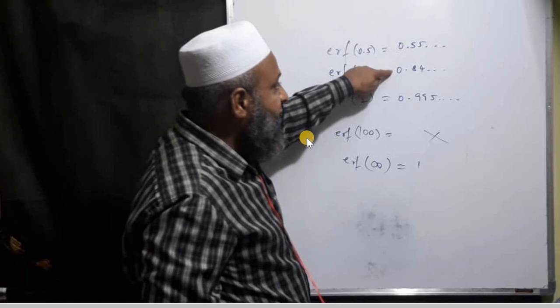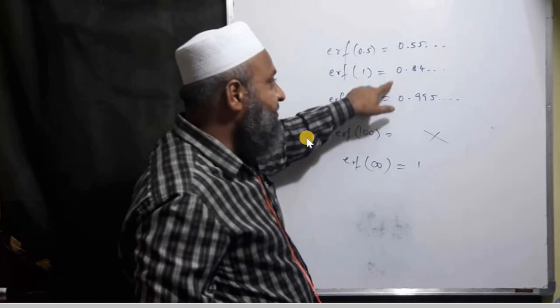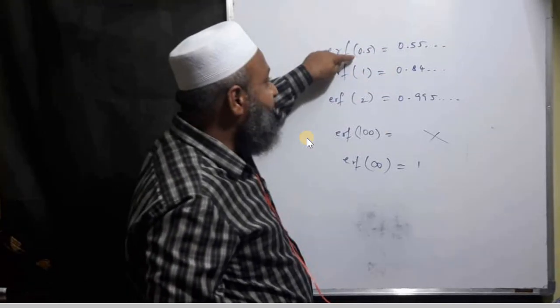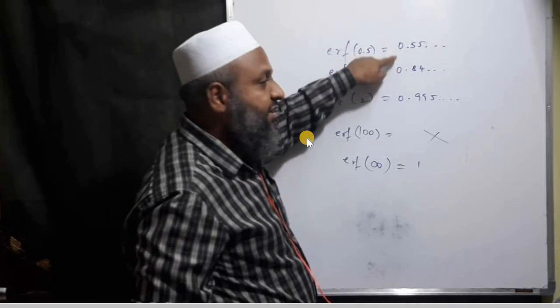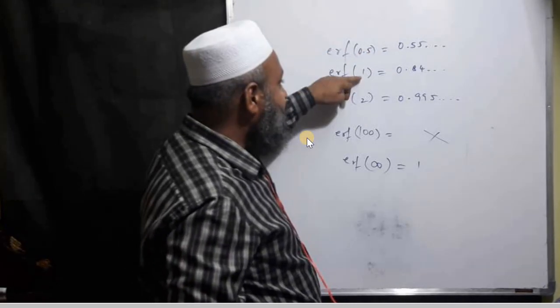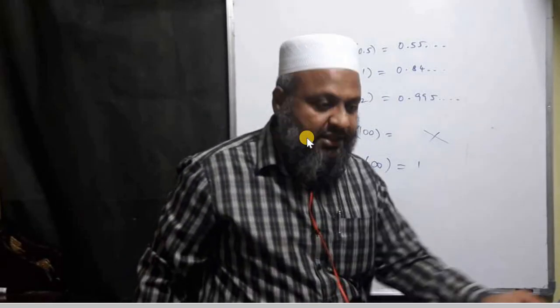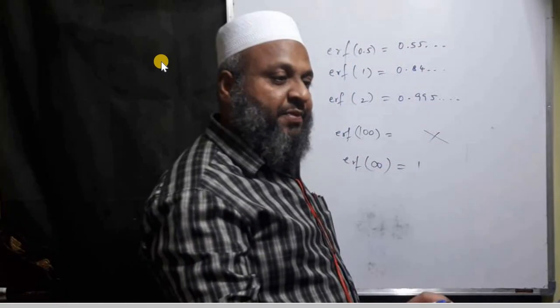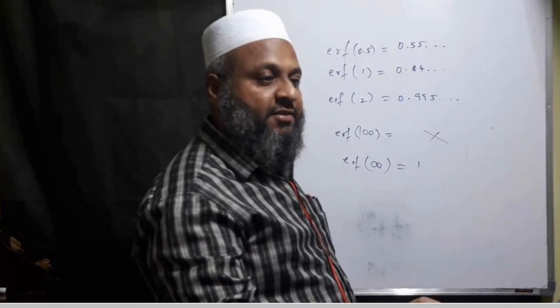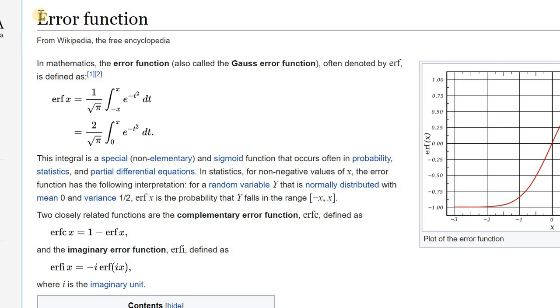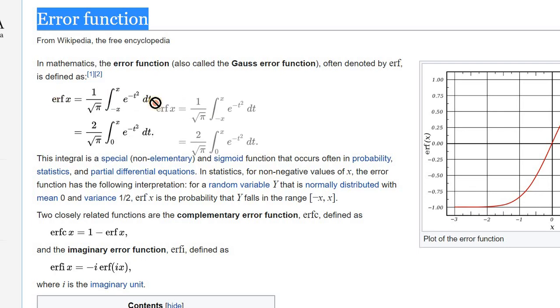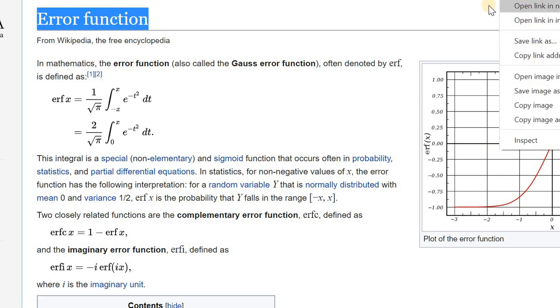So you can see that there is a large difference here, but that much difference you don't see here. For a difference of 0.5, you have a difference of 0.3 here roughly, whereas for a difference of 1 unit here, it is just 0.1 difference. So it's not growing that much. That is why you had better look at this particular graph of the error function. You see in Wikipedia, I am talking about the error function, and it is defined in this way, and this is the graph. So it's not clear. I will show this in another tab.